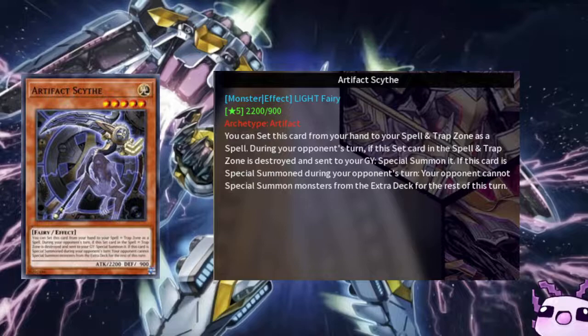kind of dumb. And people have been actually asking for Artifact Scythe or Dagda to get hit. In my opinion, if they hit Dagda, it really doesn't do anything, because they could just run more Scythe, and that's all they wrote. But people, I would say, have been saying Artifact Scythe is a card that should get banned, because it limits what you can do, since the game is now more extra deck heavy than what it was back in